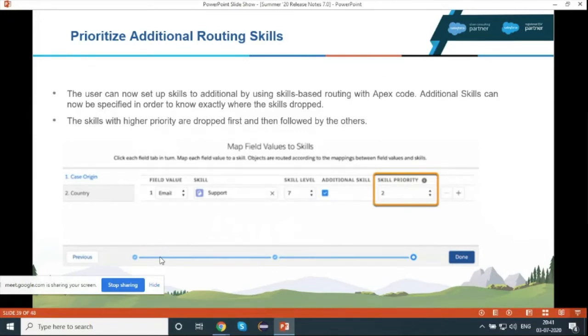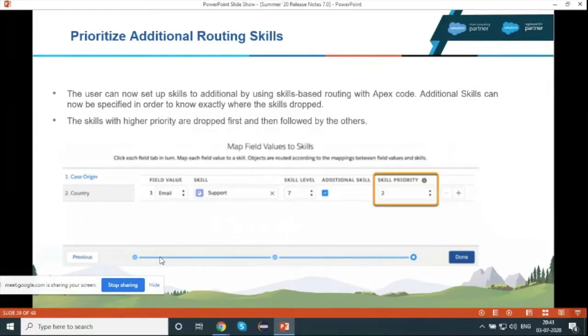Prioritize additional routing skills. So now you can give priority on skills as well. Let me give you a short example. Suppose there is a company that does mobile support and laptop support also, and there is an agent who is more proficient in mobile, but he can handle laptop queries as well.